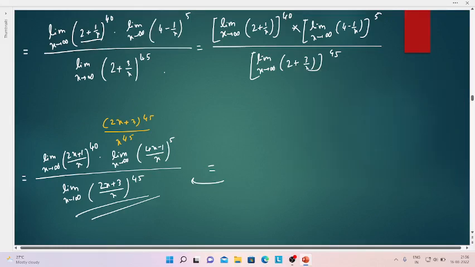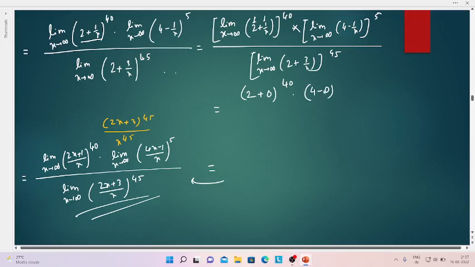Here you can see, since two functions are there, we can also split the limits, like limit f(x) plus limit g(x), I mean limit 2 plus limit 1 by x, and that will become 2 plus limit 1 by x. So 1 by x will tend to 0, so that will become 2 plus 0, and that to the power 40. So that will also become 4 minus 0,